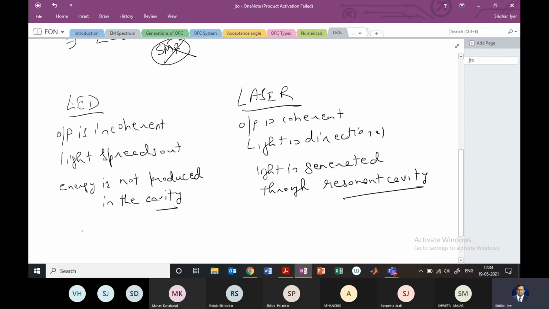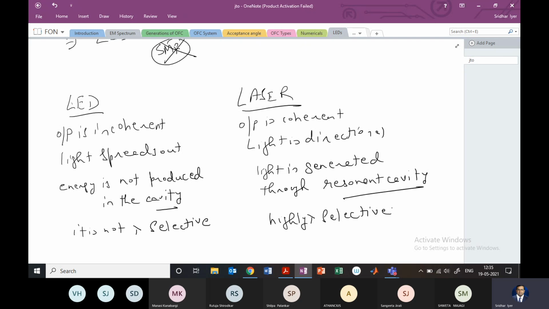Another disadvantage you can see of the LED is it is not wavelength selective, whereas the laser is highly wavelength selective. So that means you can use an LED at any wavelength, but the efficiency will be very low. Whereas for the laser, it is very selective. So lasers at lower wavelengths will not be very effective, so we should not bother using the laser there.